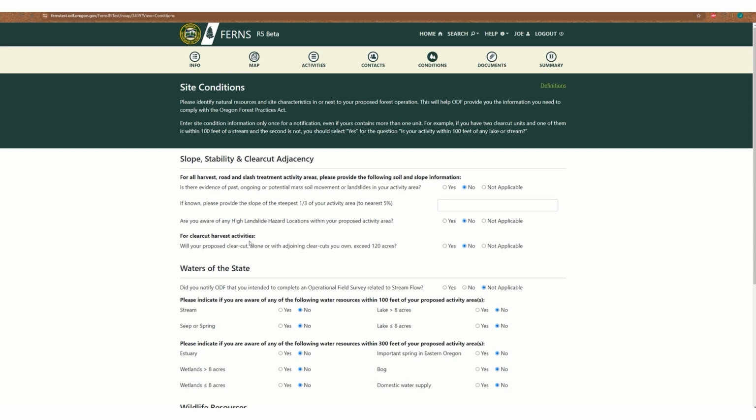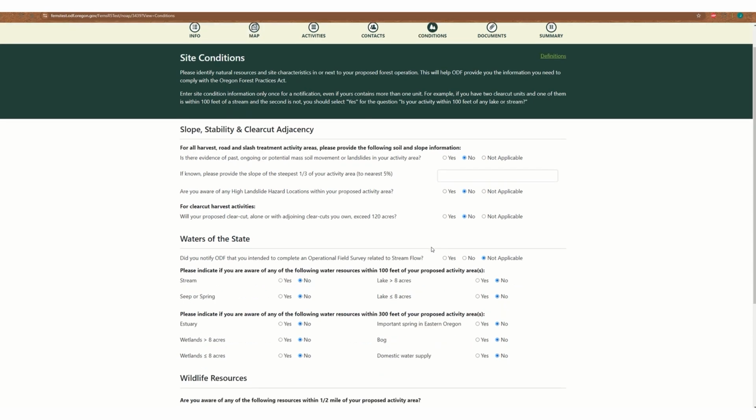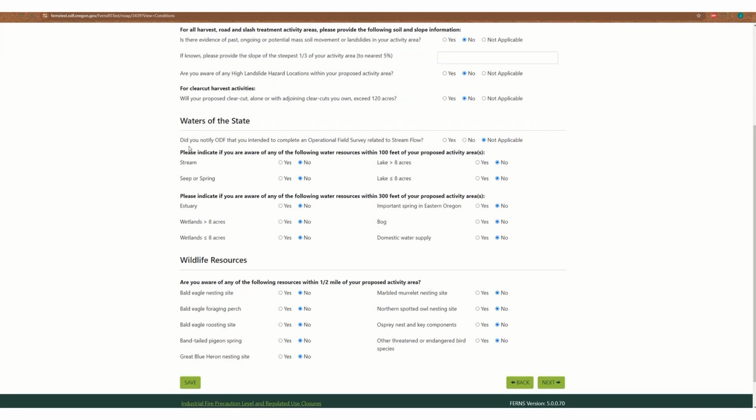The last is, will your proposed clear cut alone or with adjoining clear cuts you own exceed 120 acres? And this is the 120 acre limit on harvest areas. So if you harvested in the past couple years and then you're now harvesting adjacent to that, if those two operation areas exceed 120 acres, you will need to have a conversation with the stewardship forester and figure out a different plan. The next section is waters of the state, and this is a new question that we ask: